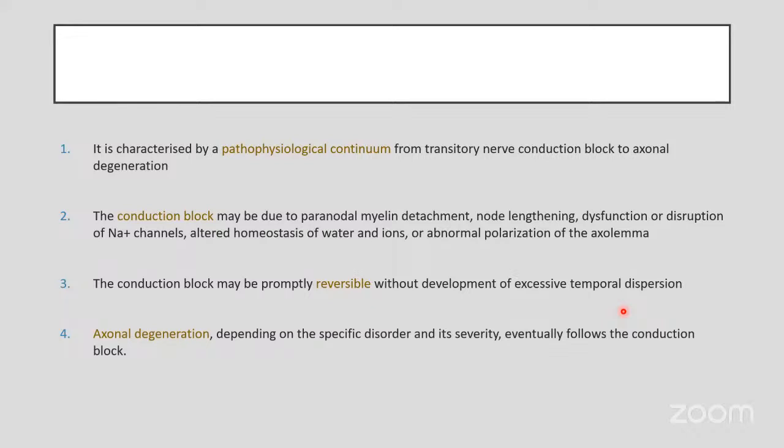This conduction block may be due to paranodal myelin detachment, node lengthening, dysfunction or disruption of sodium channels, altered homeostasis of water and ions, or abnormal polarization of the axolemma. This conduction block may be promptly reversible without the development of excessive temporal dispersion. Axonal degeneration, depending on the specific disorder and its severity, eventually follows the